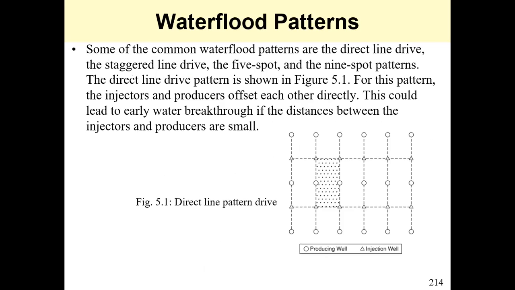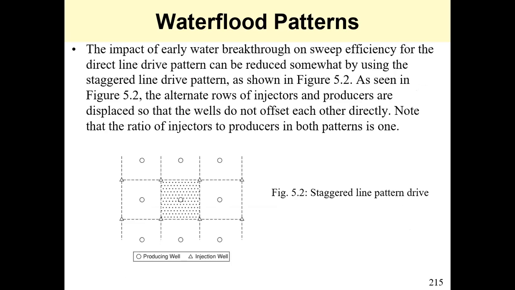Let's start with the direct line drive. What you have, the circles are the producers while the triangles are the injectors. For this pattern, the injectors and producers offset each other directly, and one quick consequence of this direct offset is the fact that you have early water breakthrough at the producers for the direct line drive pattern. So to address this situation,